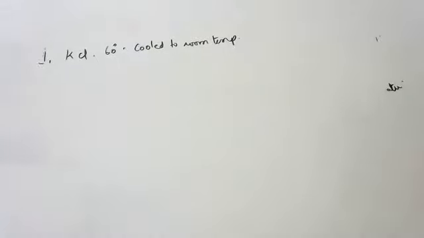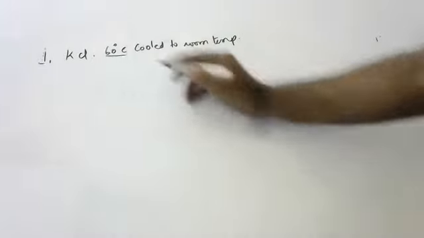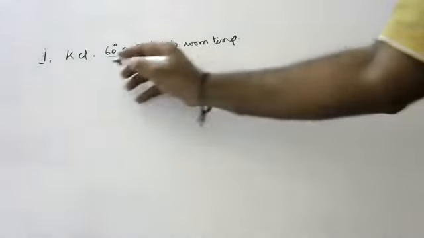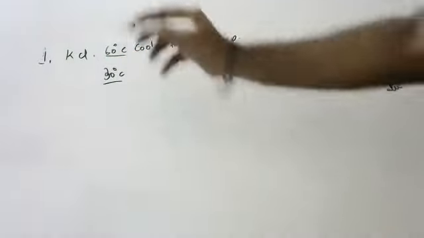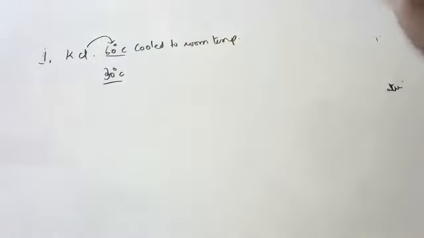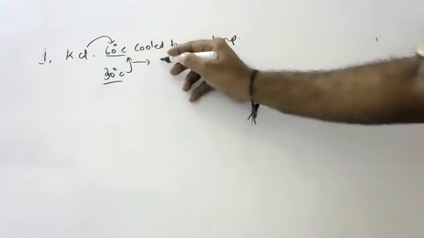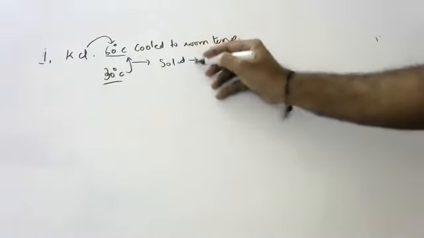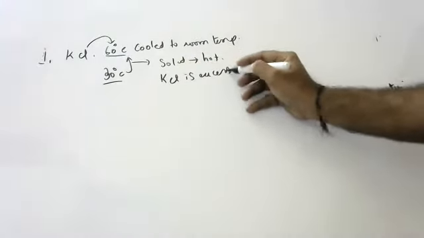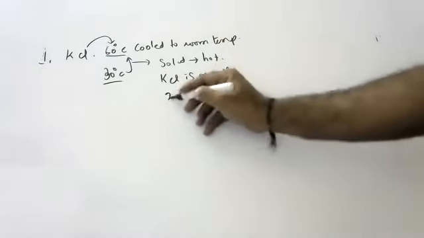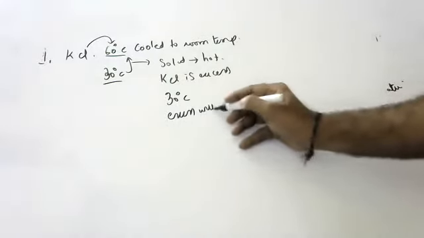So children, what is a saturated solution of potassium chloride prepared at 60 degrees? Try to understand. Room temperature we will consider as 30 degrees, approximately. At 60 degrees the solution is made hot, and excess KCl is added. So when you bring it back to 30 degrees centigrade, to room temperature, all the excess will come and settle down.